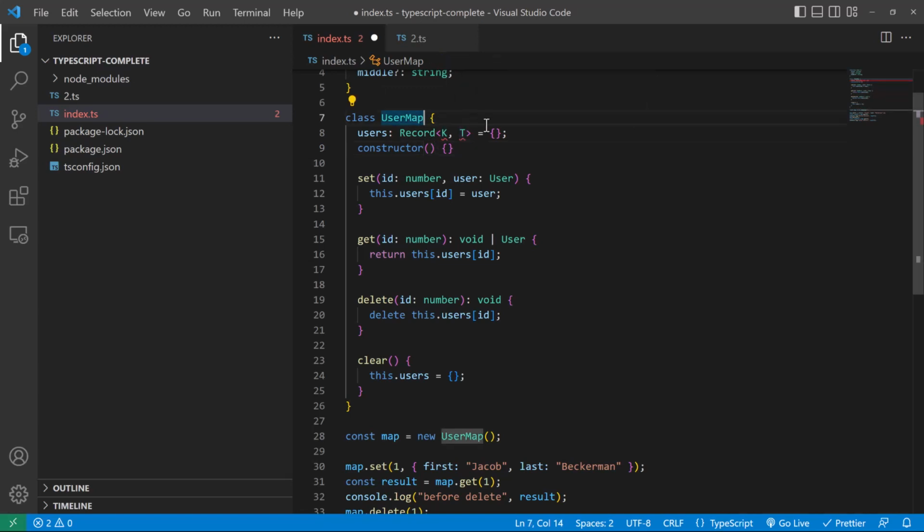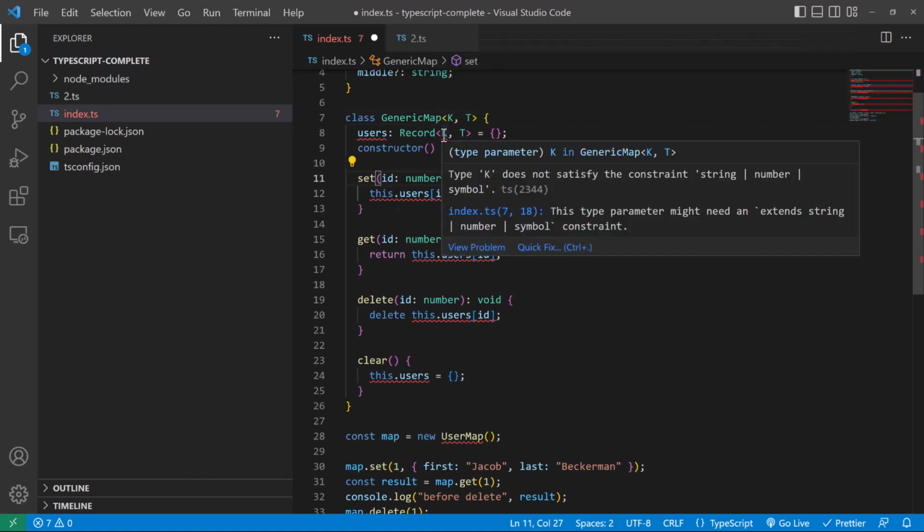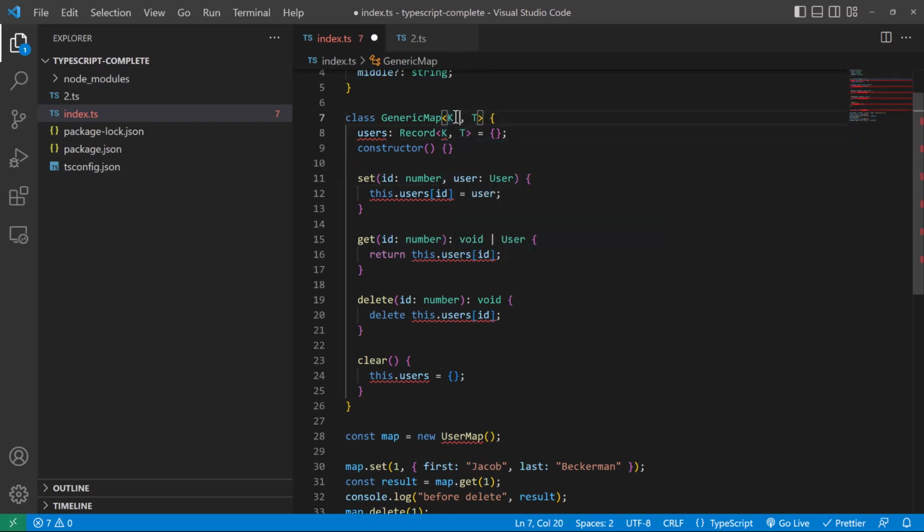So what we have to do is add in right after the class UserMap. And in fact, let's just change this to GenericMap since it's no longer going to be a user map. And we'll say that we're going to have K and T. And we'll see that the issue over here is that K within record only needs string, number, or symbol. It can't use anything else as a key. So we're just going to copy over extends string, number, or symbol. And we're going to say that K extends